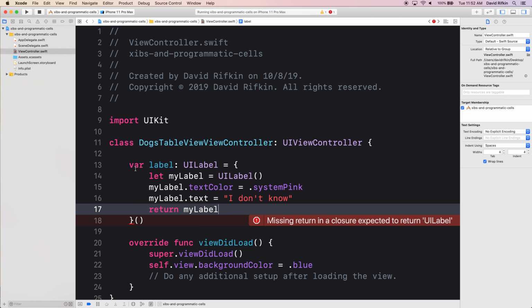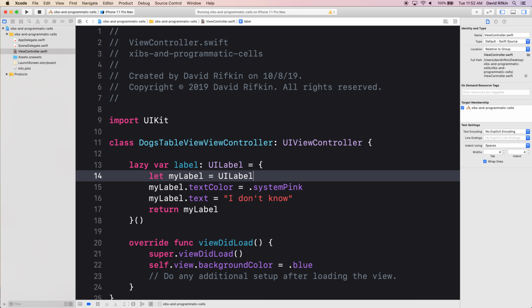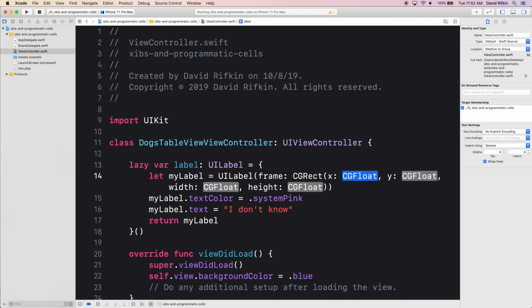I'm going to make it lazy. Why would you make it lazy? It does the thing once it's being used. Yeah, well, let's say I want to make this label, now that we know about frame, I want to make this label relative to its super view, which I'm going to add it to in just a sec. So let's say it's going to be